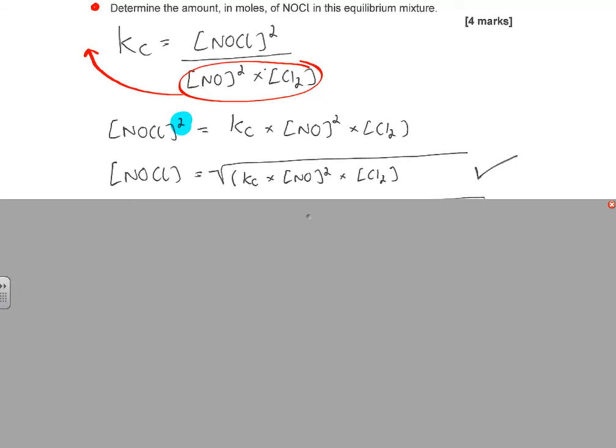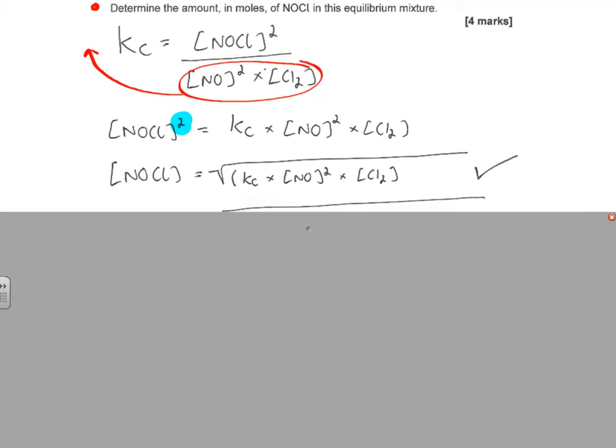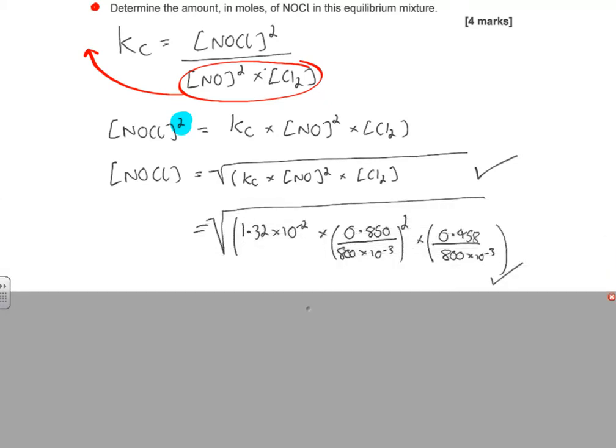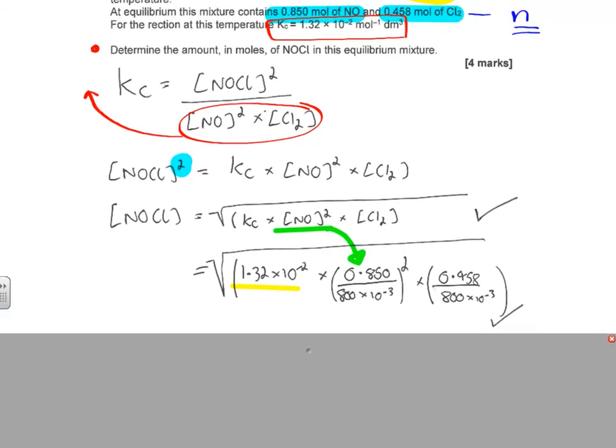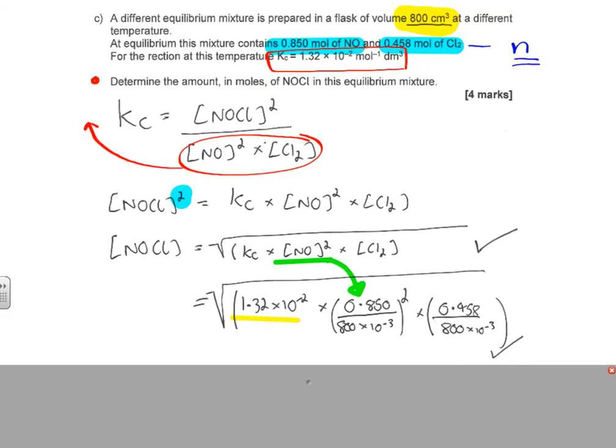And now I can put in some numbers and start calculating that concentration. There's something to be aware of here, and when you look at my work, I've left it all relatively big, I've not separated out the values here. I've got my value of Kc, so there's the Kc, 1.32 times 10 to the minus 2, and now I need to include my concentration of NO squared. And of course you can see I've gone back to the question, and let's just scroll up and have a look at that question. There's the number, 0.85 moles of NO. But recognise, we circled it, talked about it earlier, that is a number of moles. I need to